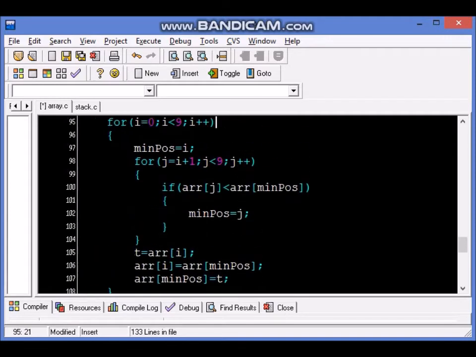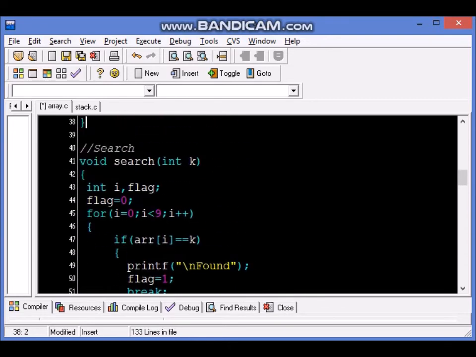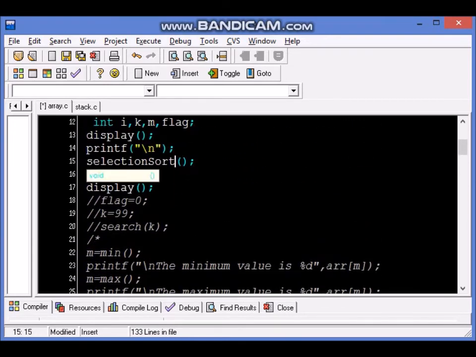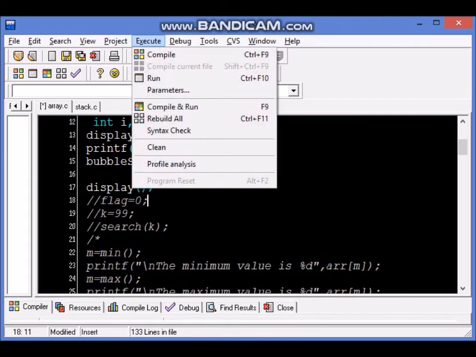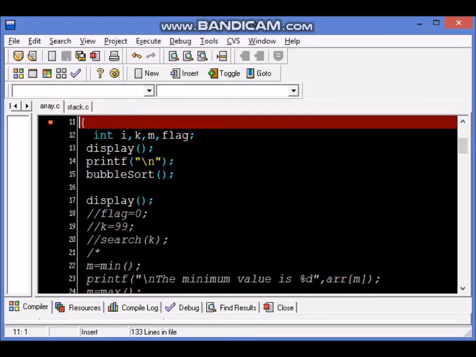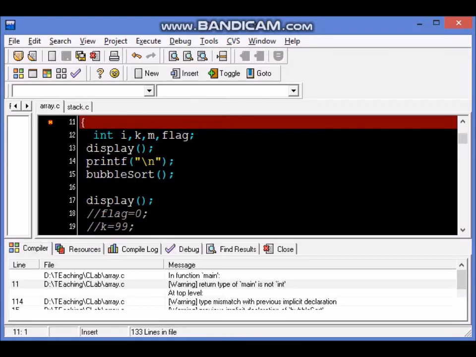We'll have to call bubble sort in the beginning. So instead of selection sort, what we called last time, we will replace it with bubble sort. To test it, let us see if we have any errors coming up. Compile and run, and it's giving an error. Look at the error messages given at the bottom.